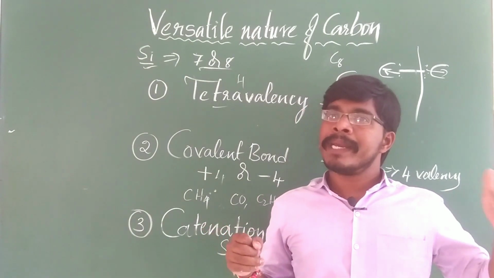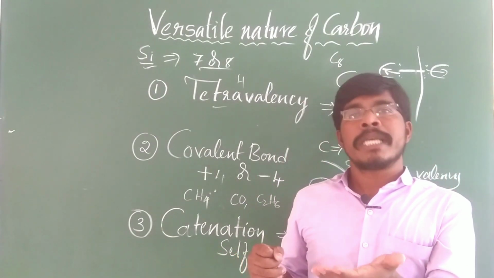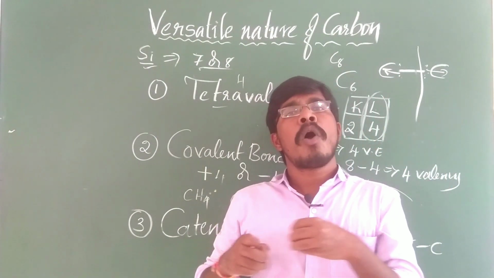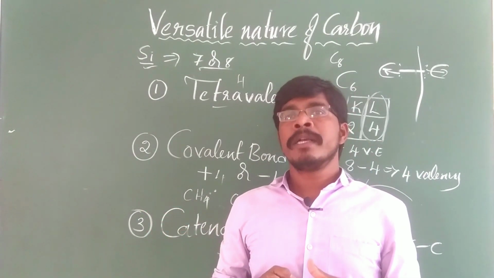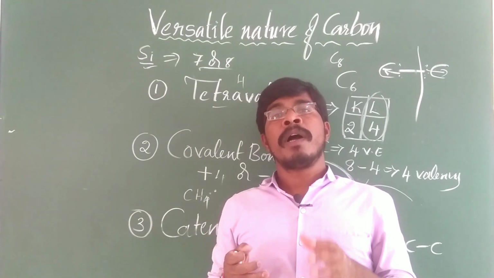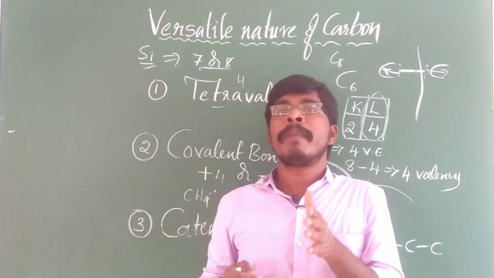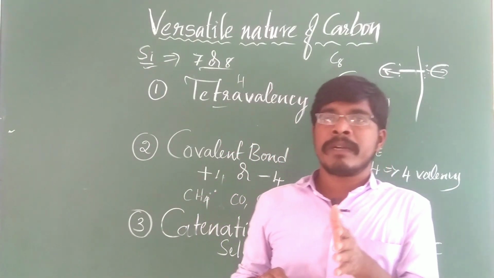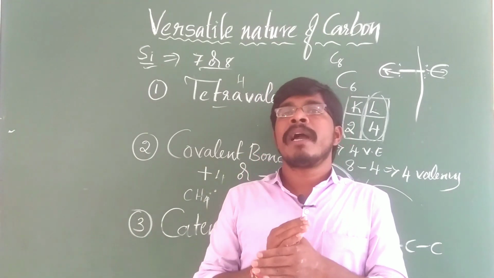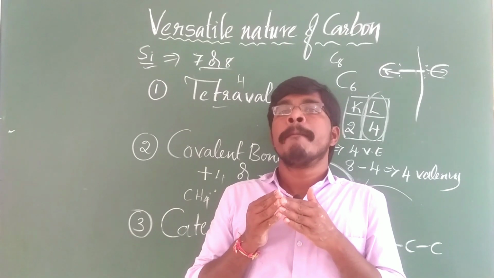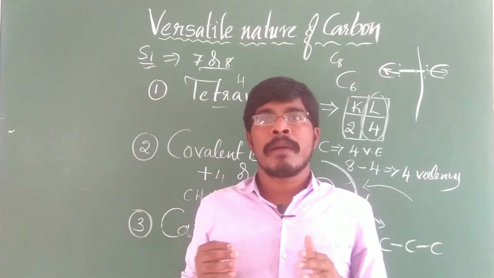Okay, it may be 10, it may be 100, as I said in the last classes. Just now I have given an example. Cellulose contains a long chain of carbon with more than 100 carbon atoms in that chain. Like that, they combine themselves and the bond between them is very strong because they are formed by sharing electrons. When sharing is there, to break that bond, we need a large supply of heat energy. Due to that, they won't break. So we can say carbon and its compounds are most stable.